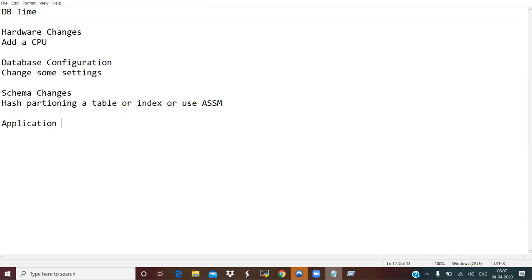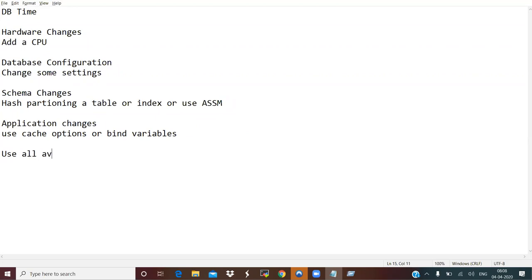another thing like application changes. It can tell you to use cache options or something. Not sure about other points, I don't remember. Application changes, it will ask you to use cache options, and it may ask you to use something called bind variables for SQL executions. Okay, and the last one is it will ask you to use